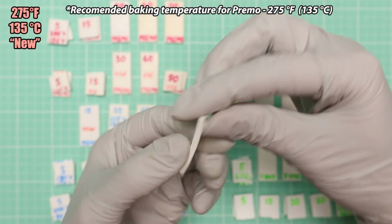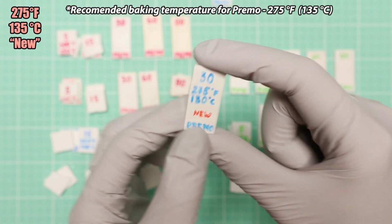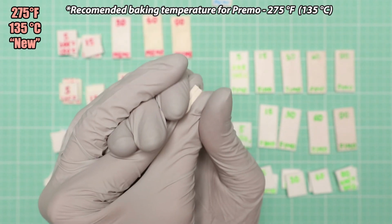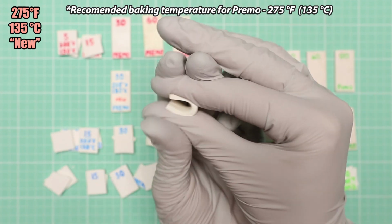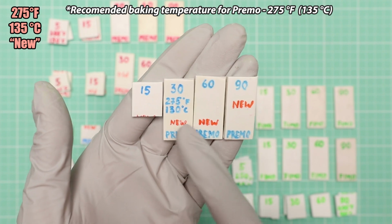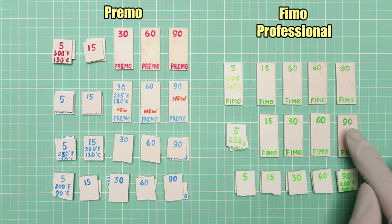Let's try its durability too. New clay at a temperature of 275 Fahrenheit or 135 Celsius is durable. I was able to break samples baked for 5 and 15 minutes only. The color has not changed during long baking, as there is no difference between 30, 60 and 90 minutes in color. From this experiment, we can conclude that Primo white changes color significantly at any temperature except when it's too